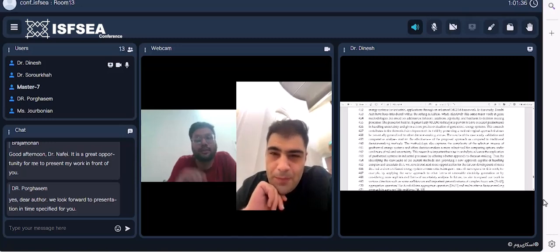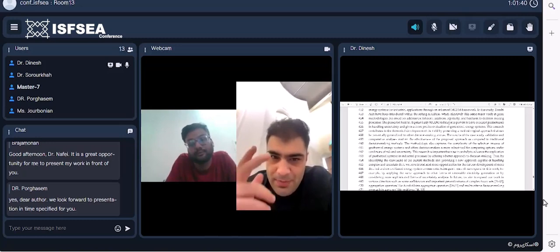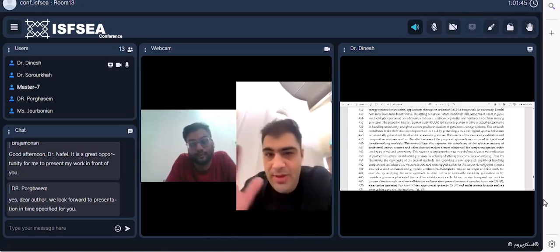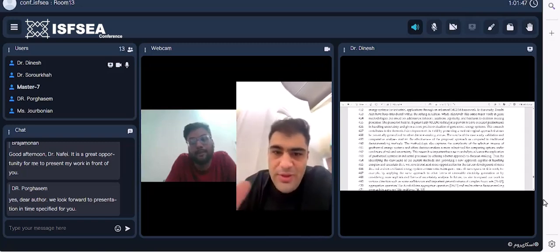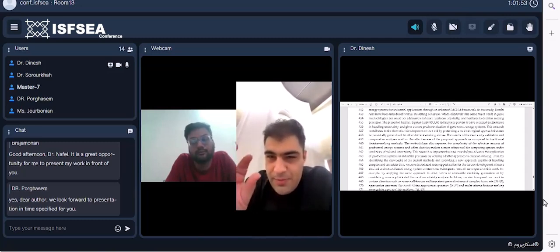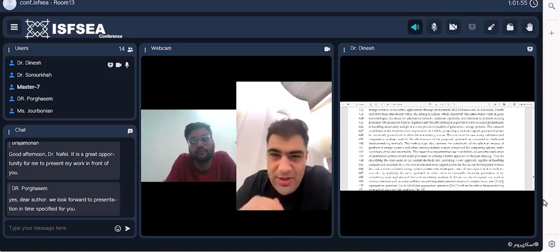Because normally when we are using MCDM, it's because of the alternatives we have, like MCDM or MADM, multi-criteria decision making or multi-attribute decision making. In your research, we can consider another method when the number of alternatives is increased, and also when the number of decision makers is increased. When the number of decision makers